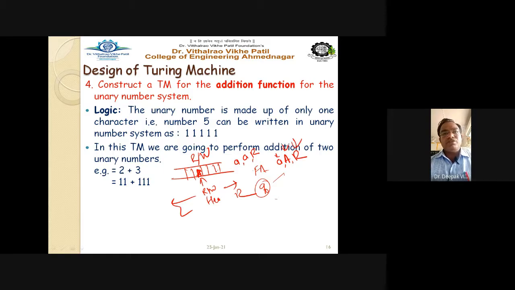If all the characters are read successfully, then it will enter into the halt state, that is nothing but the final capital delta. It will read the capital delta as the final symbol. All right. So this is very simple in a Turing machine design. The only thing is that you have to observe the correct logic and apply the correct logic for that given problem statement. Getting this point?